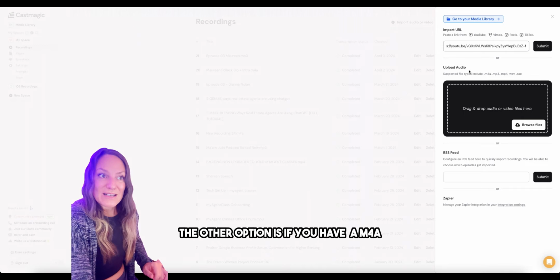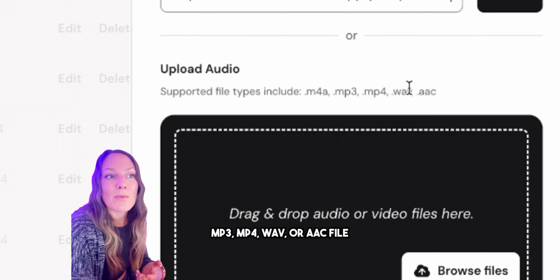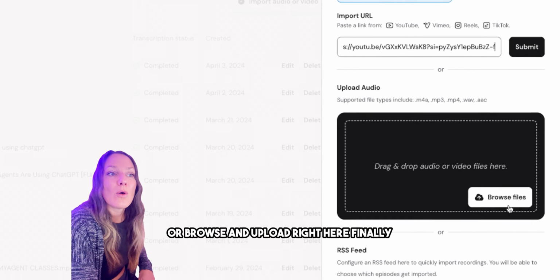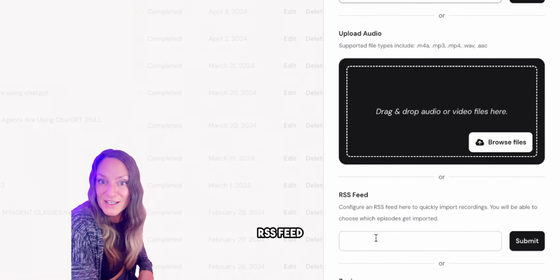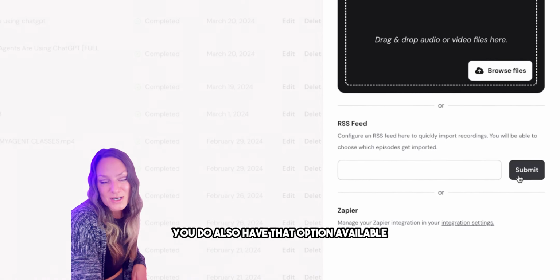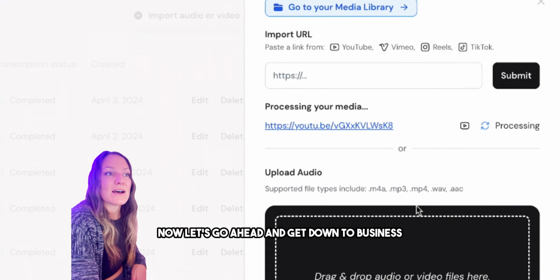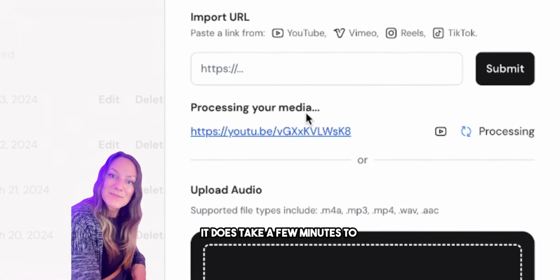The other option is if you have a M4A, MP3, MP4, WAV, or AAC file, you can drag and drop it or browse and upload right here. Finally, RSS feed. If you're publishing a podcast through an RSS feed, you do also have that option available, or you can use Zapier. Now, let's go ahead and get down to business. It does take a few minutes to process the media, so